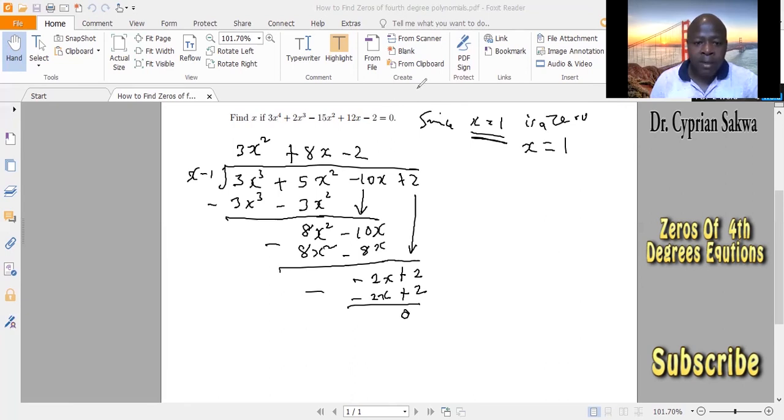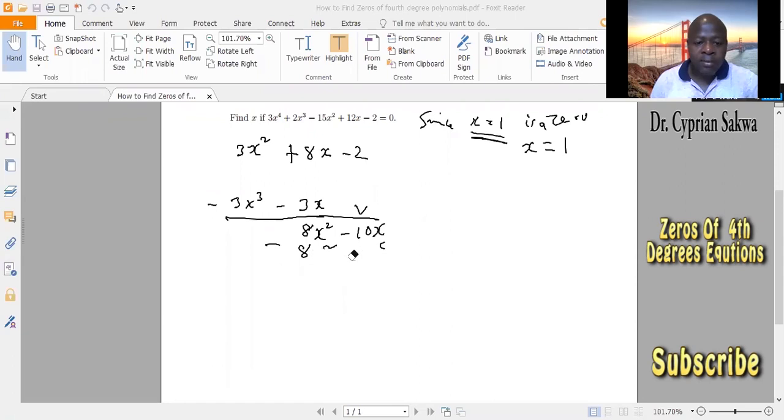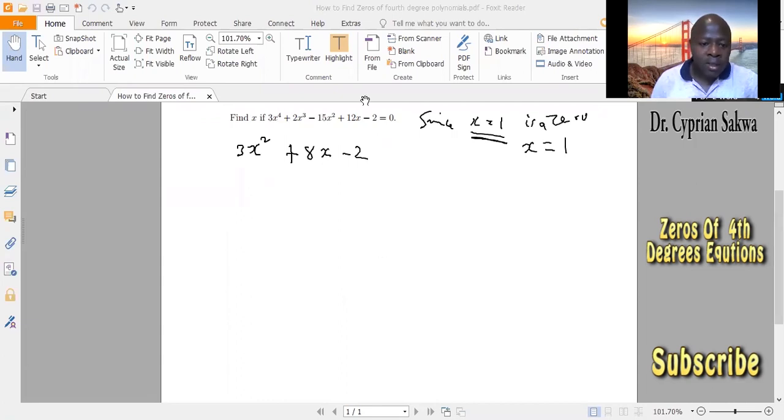What we have now is that this cubic equation can be factorized. So let's just write what we have currently. We've already divided that and got a solution. The question is there. So currently we now know